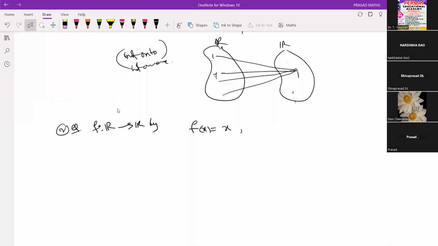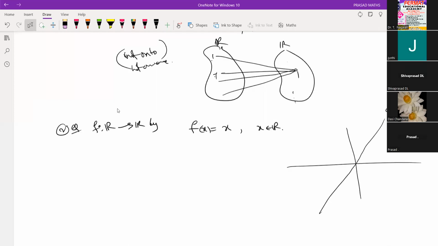Suppose you take x, x belongs to R. Is it an onto function? Yes, sir, it's onto. So definitely we can find it in an analytic way. Of course, we can also find it by a graphical method. So in order to say that f is onto,